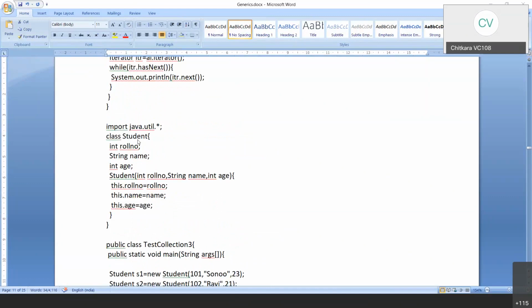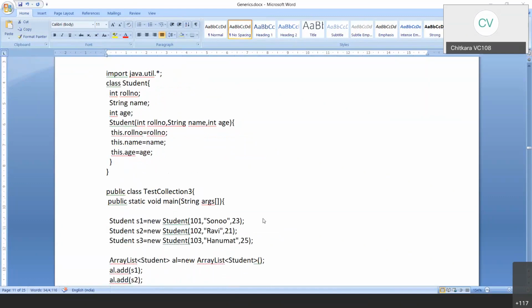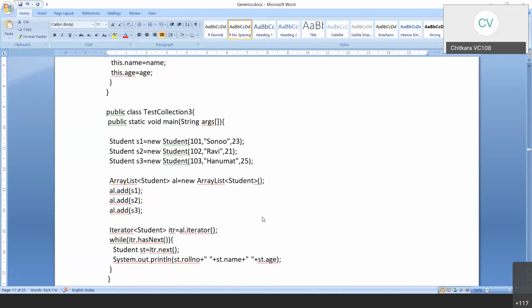What I'm doing over here is using a class, using a constructor, and then initializing it. Kindly go through this example.